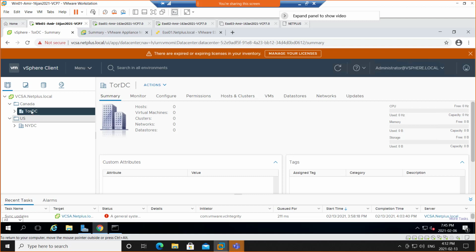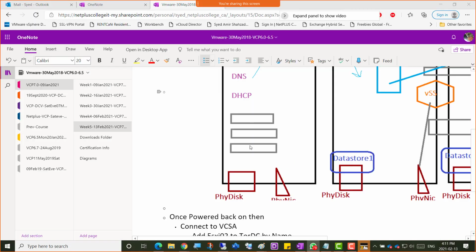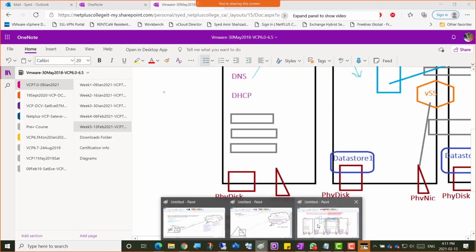Okay, now we have the folder, we have created a data center. Under that, if I expand the Tor DC, nothing here. If I expand the NYDC, there's nothing here. We're about to create that environment. So what's the plan now? If we go ahead with the diagram,